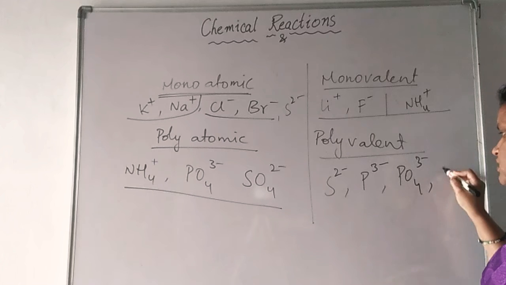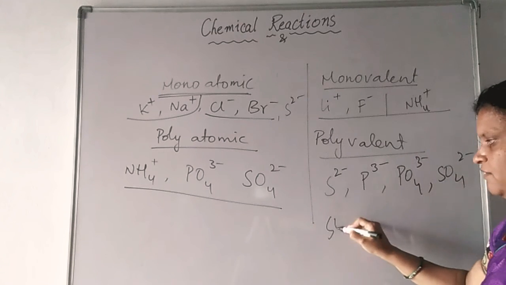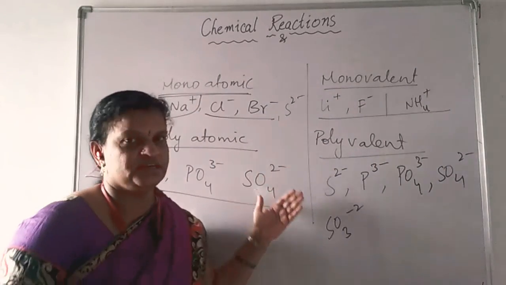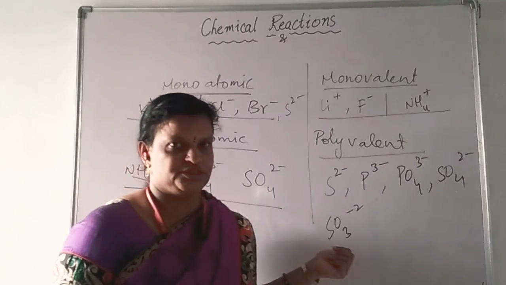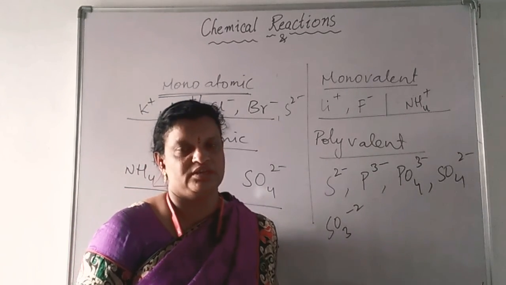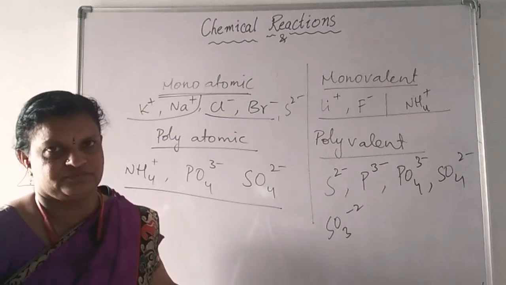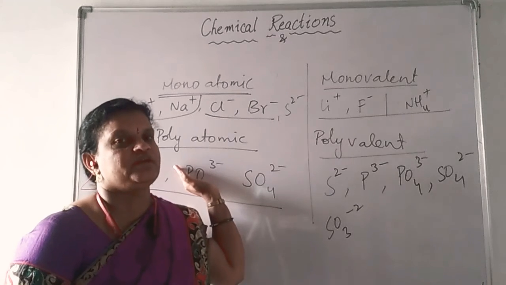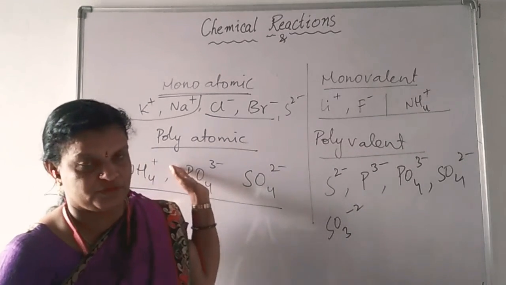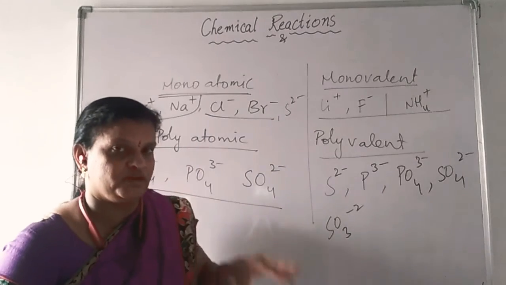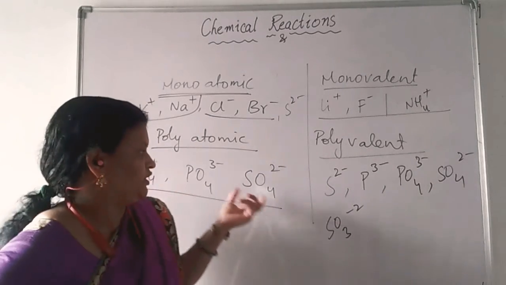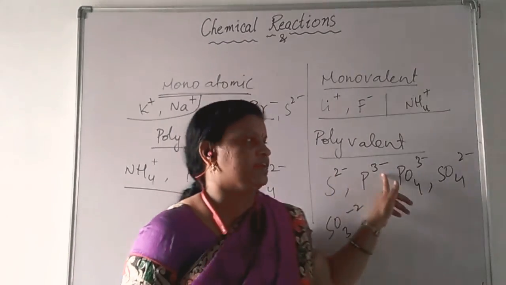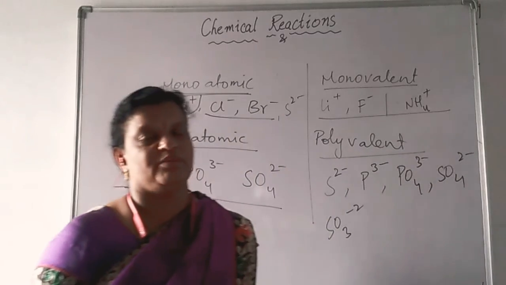Phosphate ion, I am writing here. Sulfate ion, I am writing here. Sulfite ion. Like this, you can write all these examples. Again, this can be classified under divalent if they have -2 or +2, trivalent +3 or -3. Like that, we can continue the classification. Here, polyatomic depends on the atomicity. As you know, atomicity is nothing but the number of atoms present in the formula, maybe the formula of an ion or the formula of a compound. Here the number of atoms is more than 1, that's why the name polyatomic is given. Here the charge we are writing is more than 1, that's why we are writing the name polyvalent.